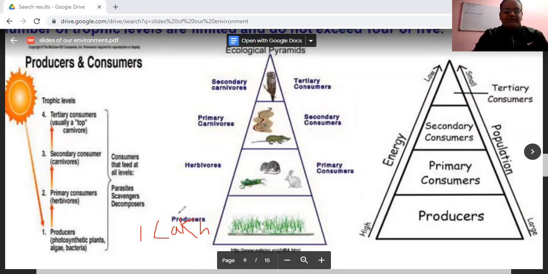Suppose at the producer, the grass is able to produce, or we can say able to make, 1 lakh